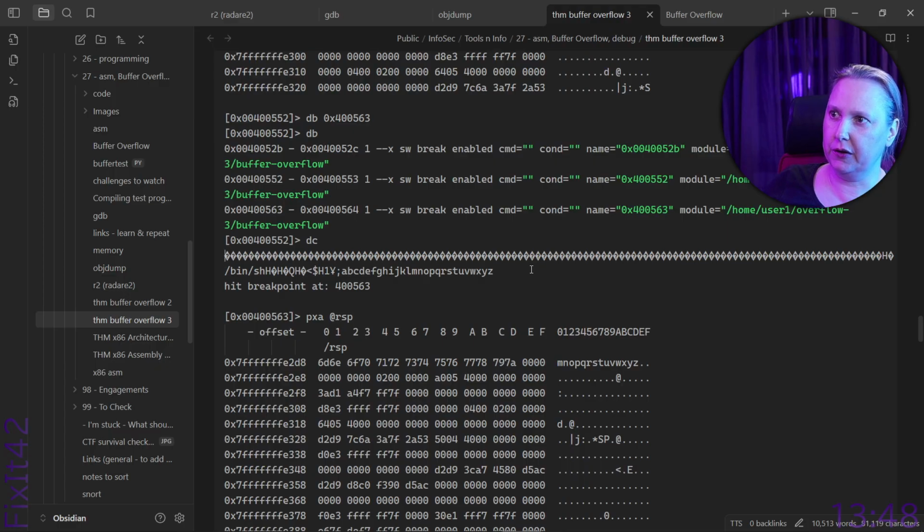Yeah. So here we got the output. Here the puts is finished, and it hit the breakpoint.